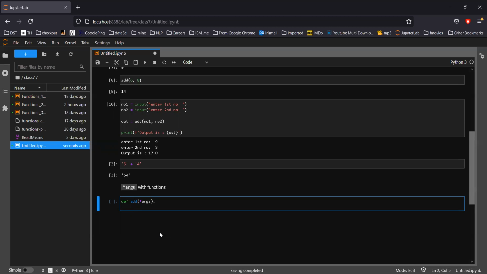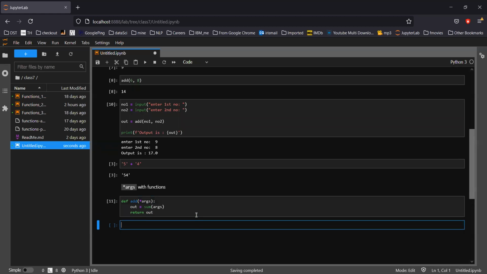I have to do some calculation. So suppose out equal to sum of args and return out. I can write this extra line to save the line. What I can do is simply comment it out, meaning remove it, and write the same function here. Anything is fine, but it depends on who is coding and what we want.